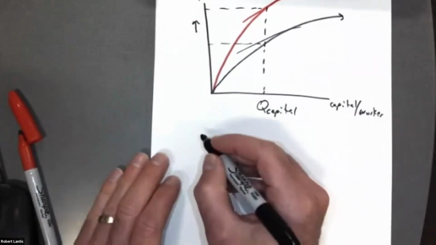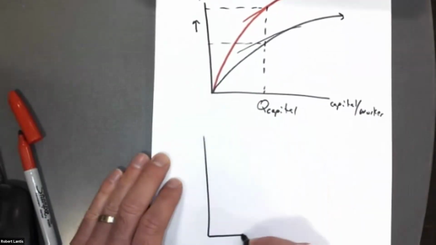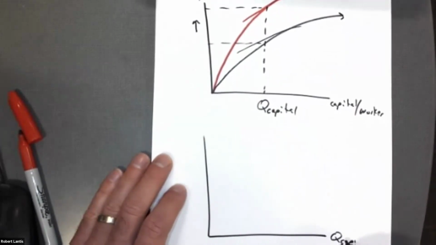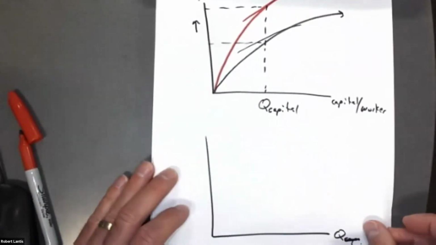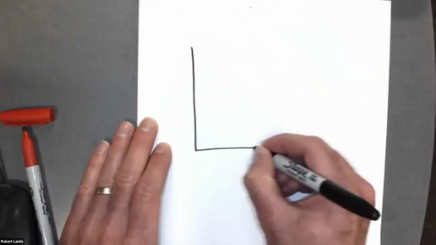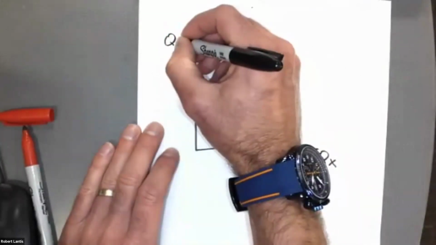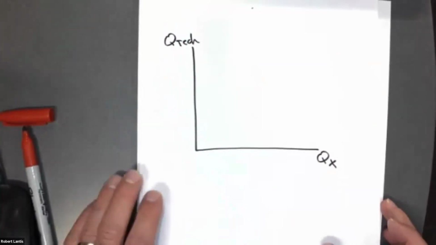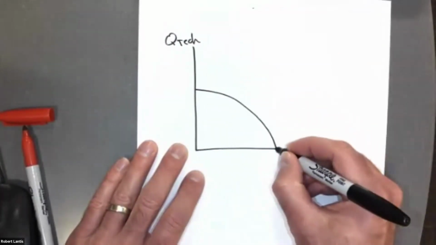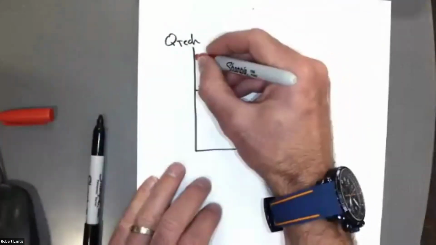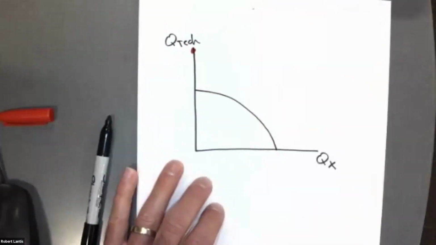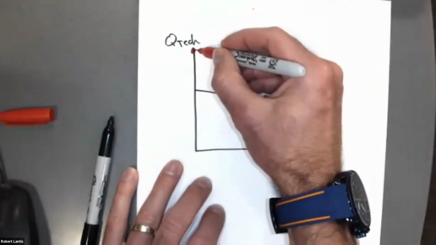And then the second part of the question, whatever good it was, well, let me do this on a separate page. I'll do it in reverse. It doesn't matter what axis we put it on, and I did one earlier with it on the x-axis. So let's say I've got some good x, and then I have this good that experienced the technology change. Right? So here's my production possibilities curve initially. Here, after that technology change, whatever good that is impacting,